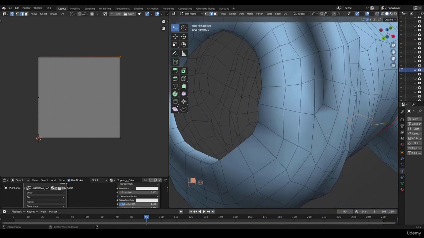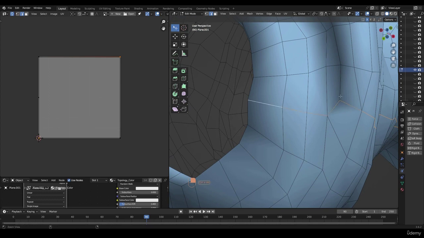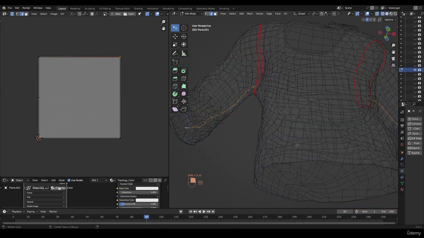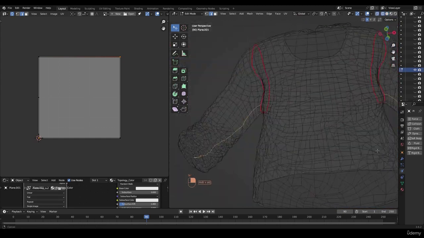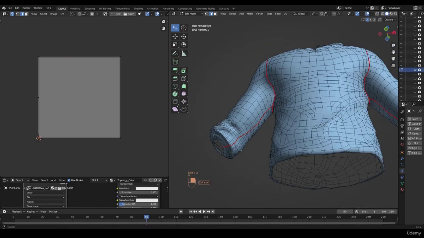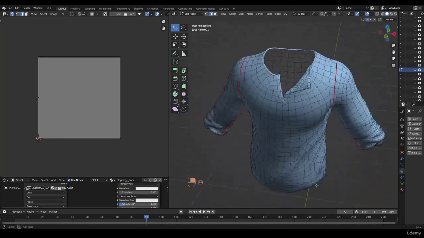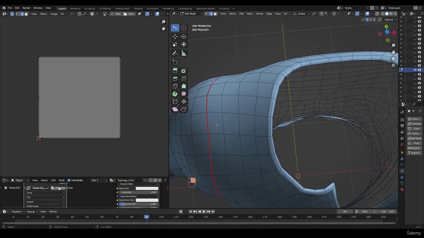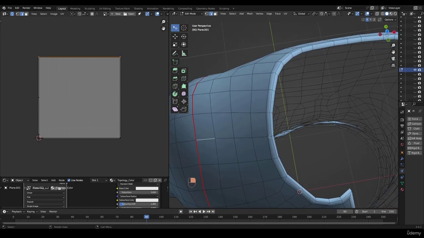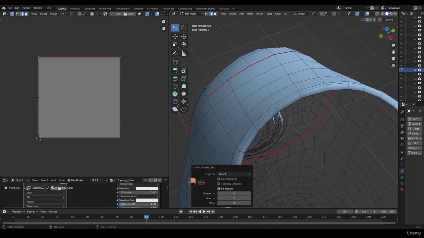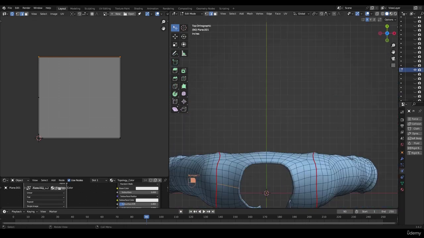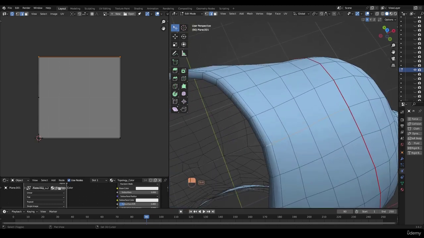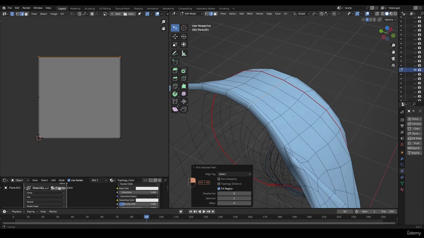And also here, it looks like I missed one. Missed a couple. Missed more than a couple. Now sometimes you might want to Shift Z just so you can see everything. Let's go ahead and mark that seam. Alright. And let's do the torso part. For the torso part, we could go ahead and make a seam from here onto here, up to here. And a seam in this part. Control Shift click all the way here,